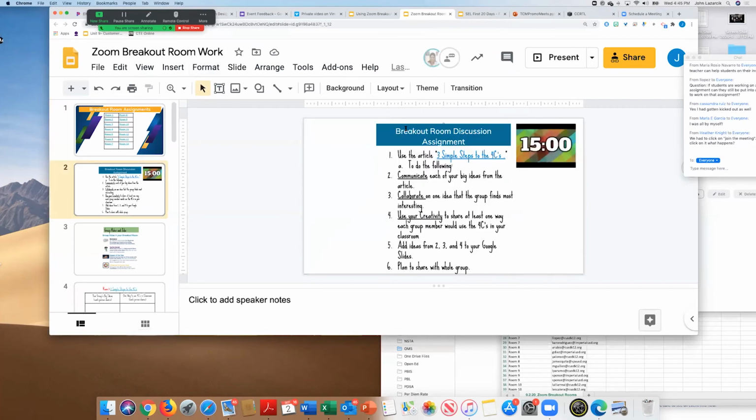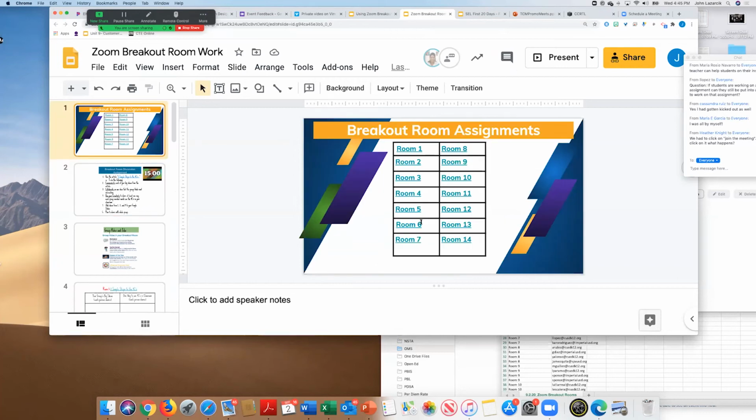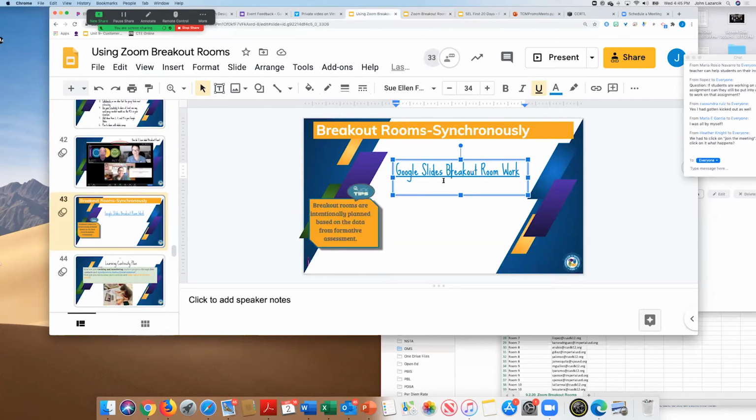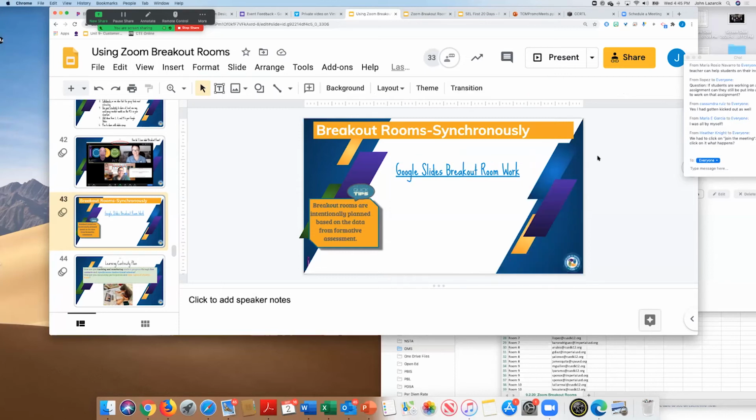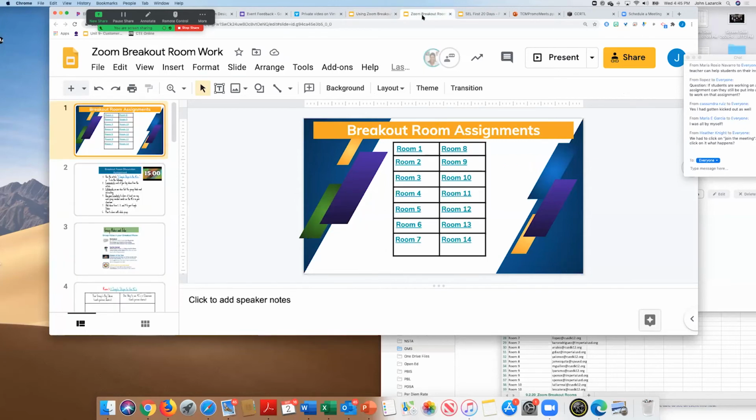So let's say, for some reason, I have 14 rooms, I have a lot of kids, right? And all they have to do, before they go into breakout rooms, is have one person click on this link. So maybe it's the bit.ly that you shared in the presentation, or you can put this link in the chat real simply by copying this and putting it in the chat. And you have one kid from each group click on this link, so they have access to this breakout room assignment